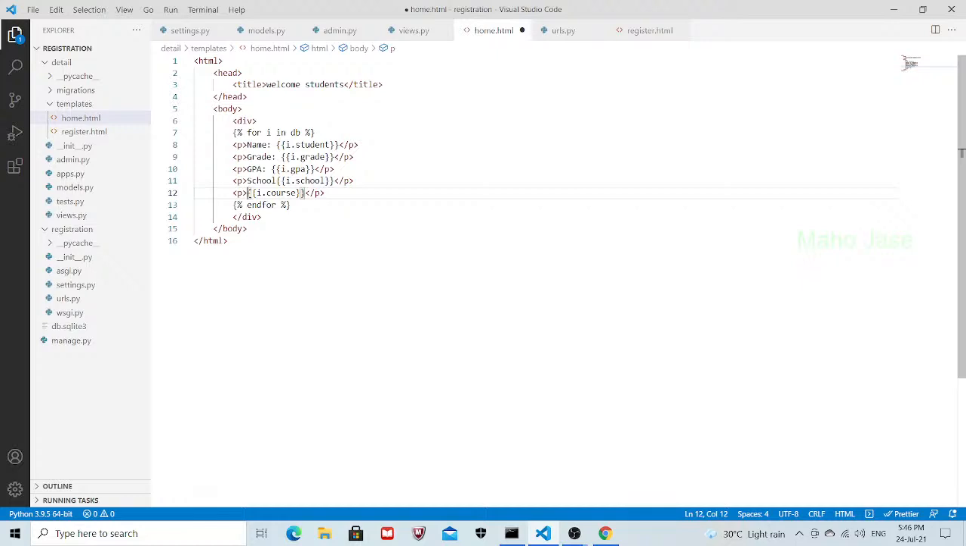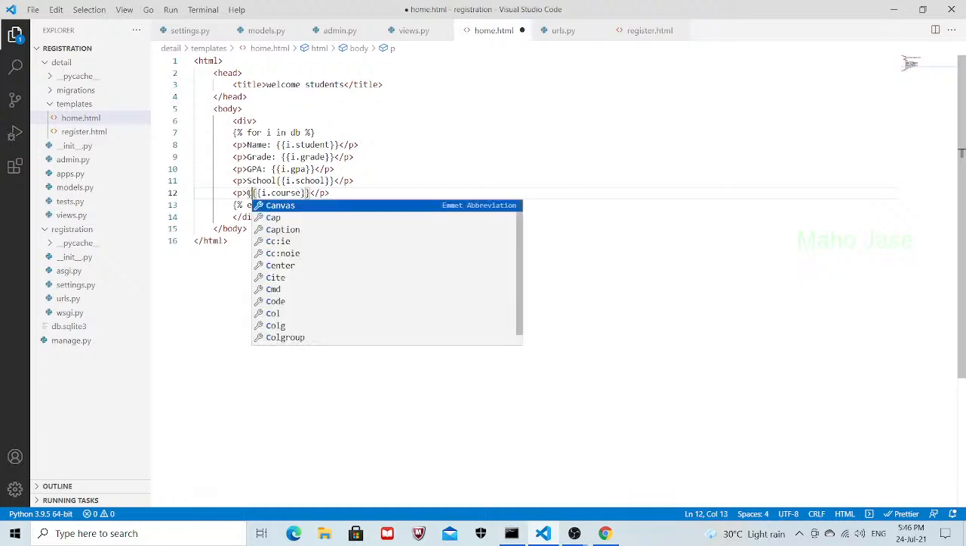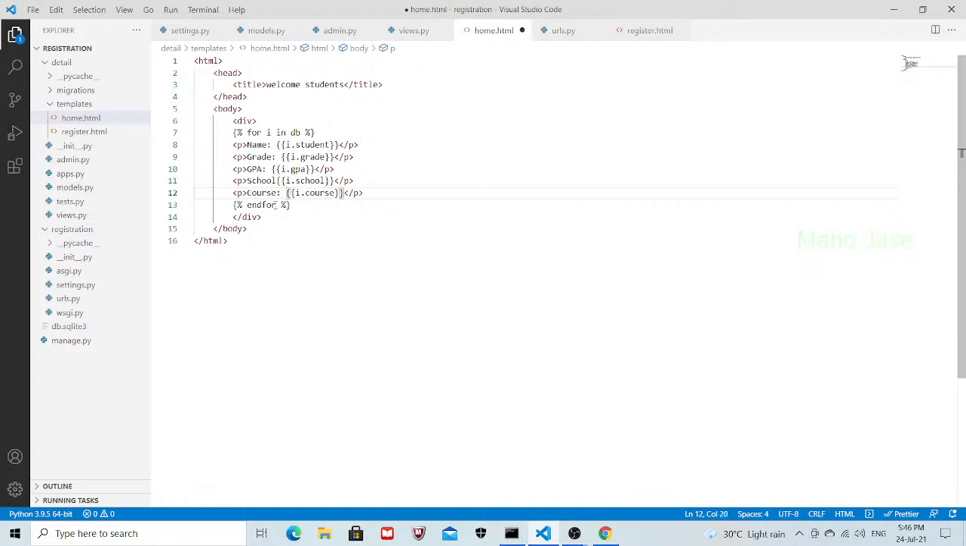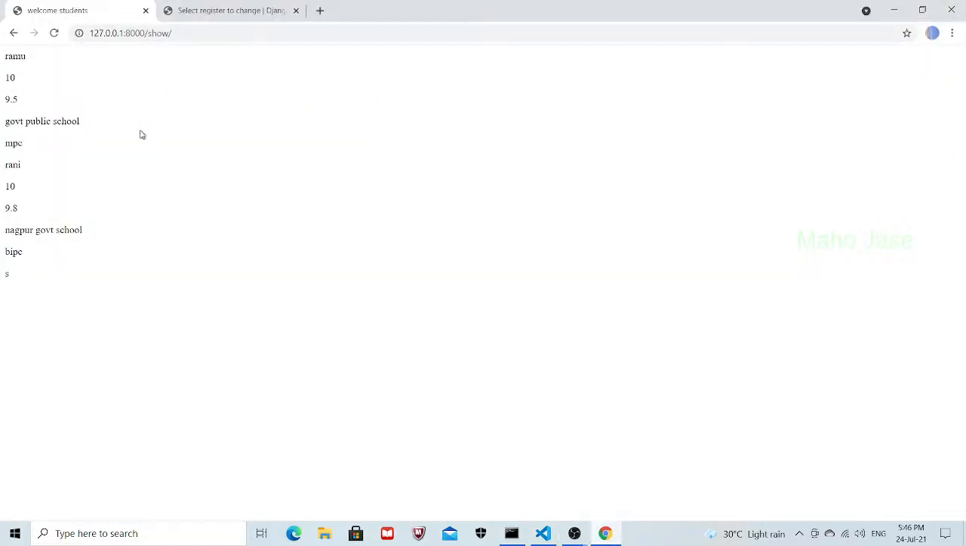So for that, we'll do Ctrl+S to save. Now we have saved this. If you move back here and refresh, now it looks something meaningful that we have created: name Ramu, grade 10, and GPA of 9.5, and school,